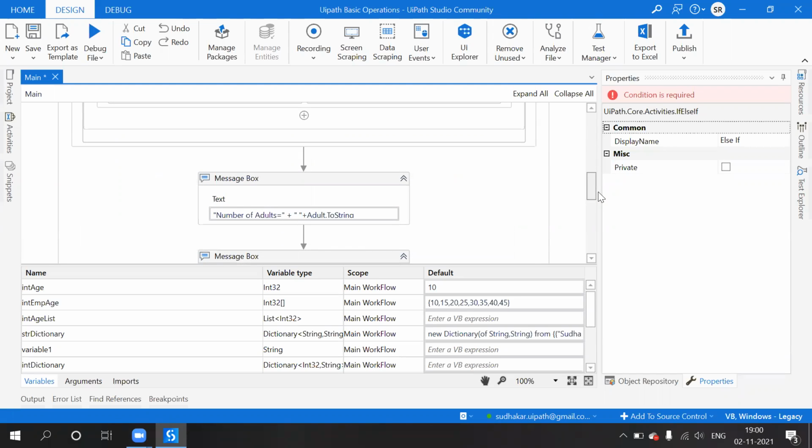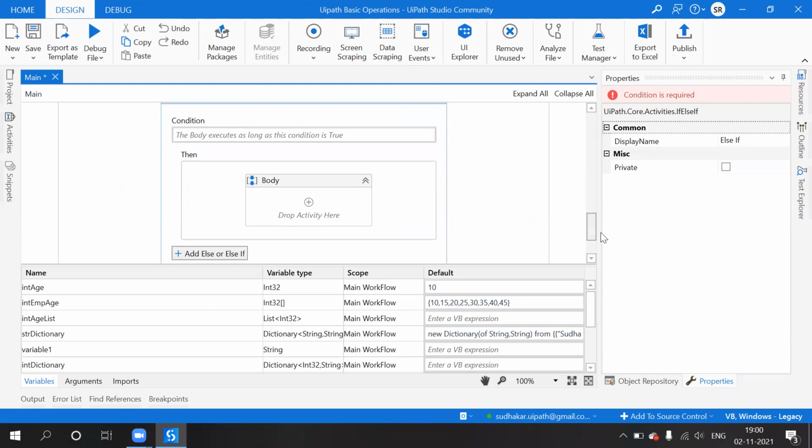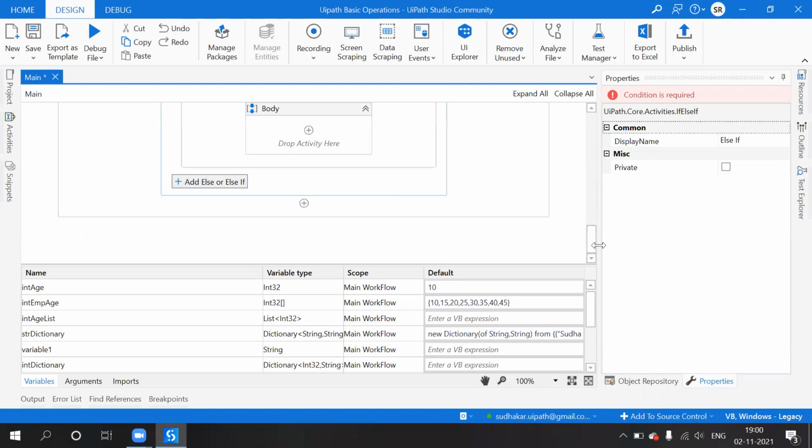If that is not the case, again we have to use else if, like that. If one condition is met, okay, if that doesn't meet the criteria, then we go for else if. If that is not met, again we go for else if. That is the reason we have else if.